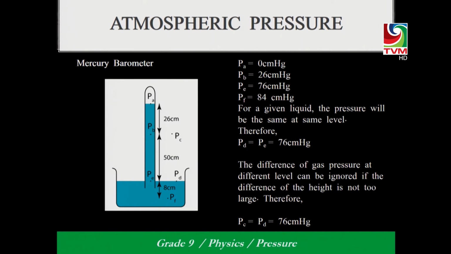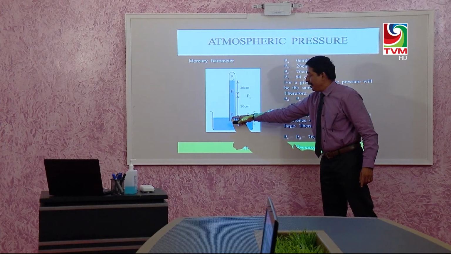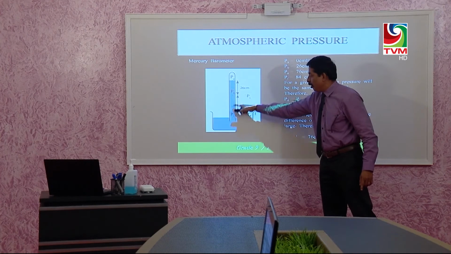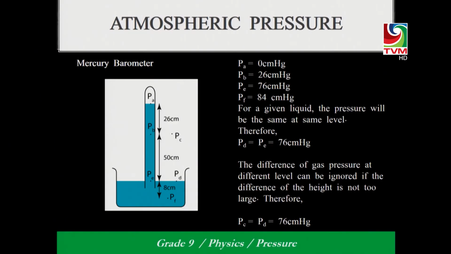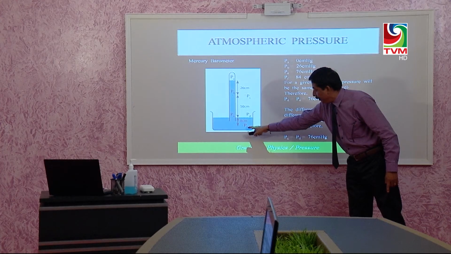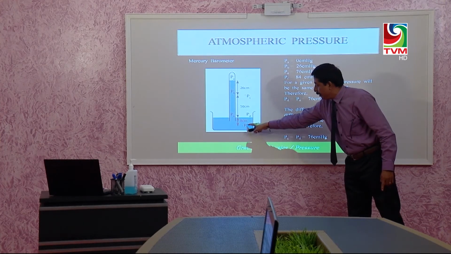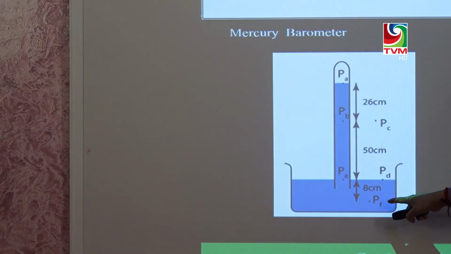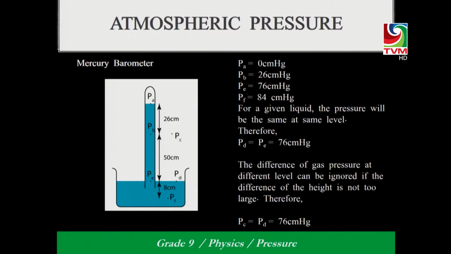And then PE here, I told you this is the balancing point. This height is how much? 26 plus 50, 76. So, the pressure here is 76 centimeter of mercury. So, remember the pressure at A is 0 centimeter of mercury, B is 26 centimeter of mercury, and at E it is 76. If I take another point F here, the pressure at F is this 76 plus this 8,